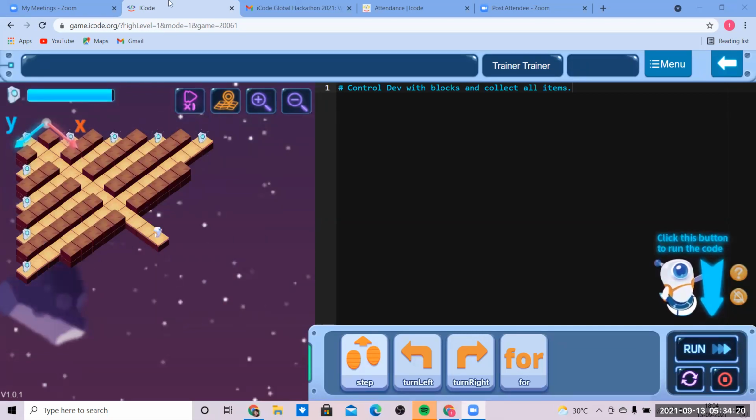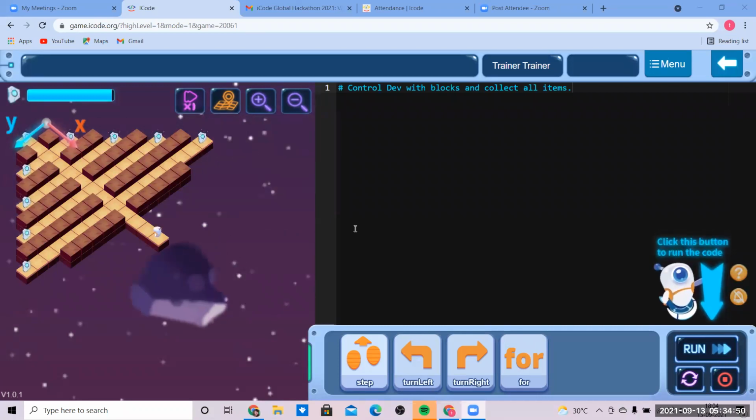So what we need to do in today's class is this one level. The ones who are new need to know how to log in to the account. Have you completed the login? You can just put it in the chat. If you are new to today's webinar, it's already been 6 days that we have been doing these things. So what you have to do is go through the levels in order to reach this level.